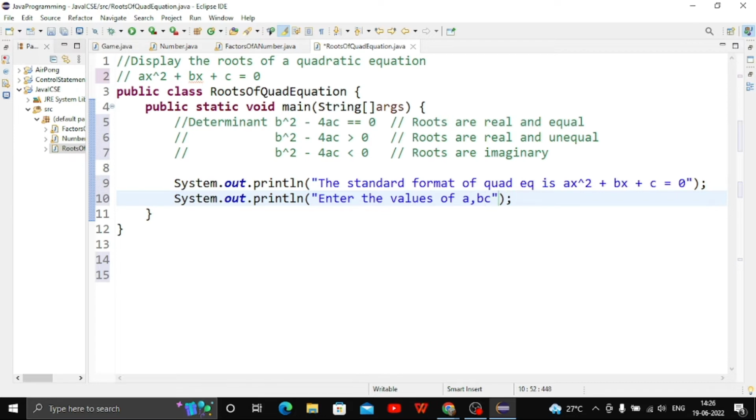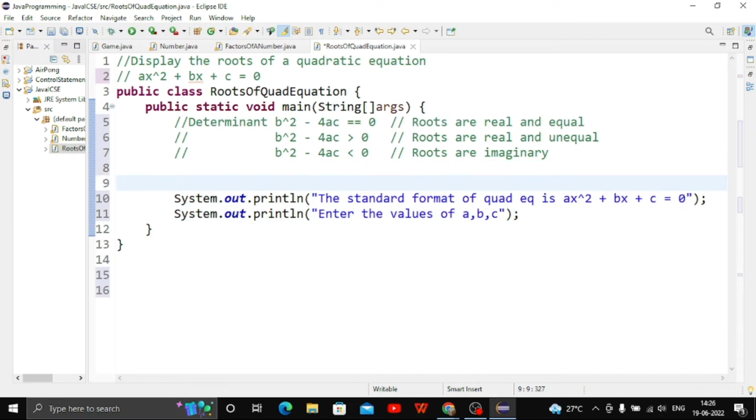Okay. Now, what do we need to accept values? We need to take an input from the user. Is there some class we use to take an input from the user? Scanner class. Perfect. Scanner class we use to take an input from the user. Scanner system. Okay. Now,